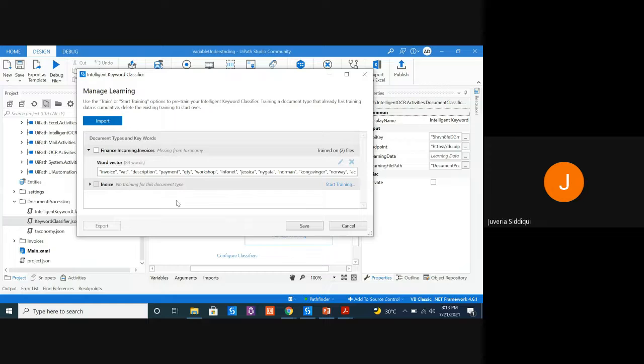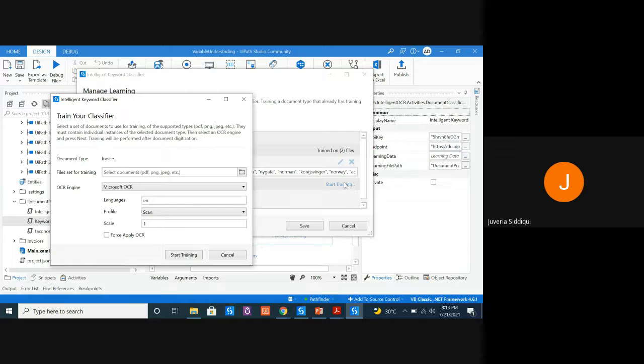How to do that? Okay, one thing more. If you have already trained a model, you will be able to select it to be used in this particular code. But if you want to train a model starting from scratch, from the beginning, like we are going to do, you won't be able to select it unless you train it, right? So how to do that? Just click on Start Training and select the documents on which you want to train. It can be thousands of documents. The best number is 10, a batch of 10 documents, and then you can keep on retraining it using your code. You don't have to do it manually also.